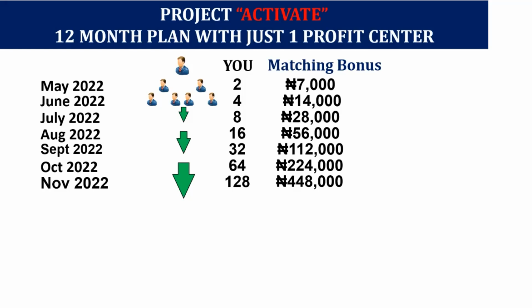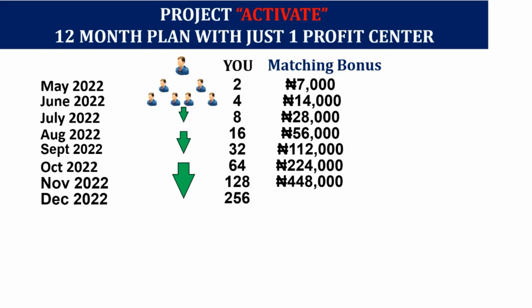Ladies and gentlemen, in December, gone. All you simply need to do is to get the November people who connected. Now remember, everybody who joined the business from May, July, August, September, October are working with those in November to activate. A minimum of 2, just 2. And if those people in November activate their minimum of 2 each, 256 teammates have joined you. Are you seeing how you can grow your team size between now and December?